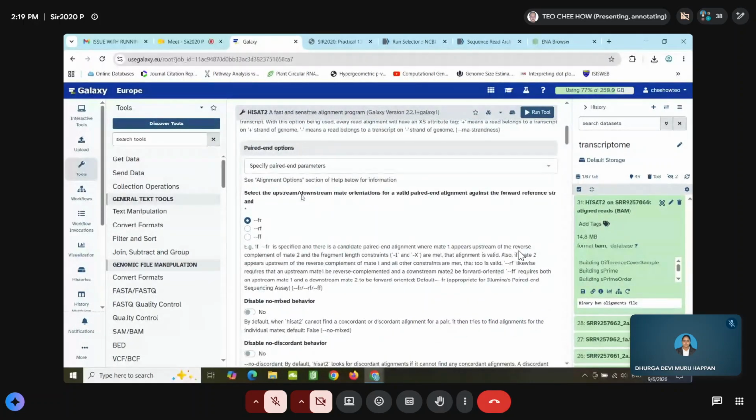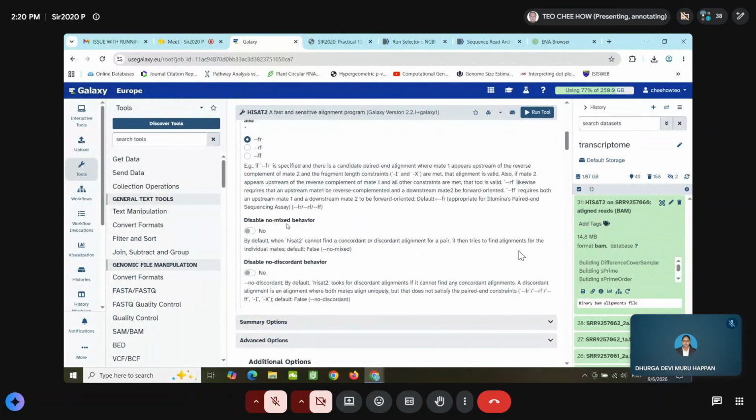So you specify the option, basically all the other options here, whether your library is in a forward-reverse orientation, read 1 is forward, read 2 is reverse, or read 1 is reverse and read 2 is forward, or both forward orientation. By default, usually it's FR, forward for 1, reverse for 2, right?